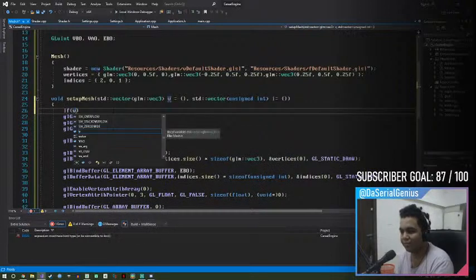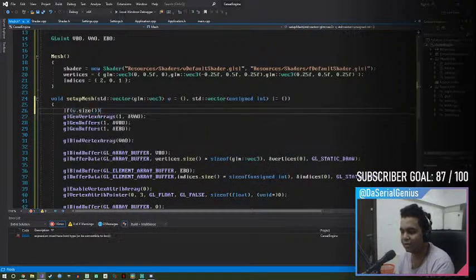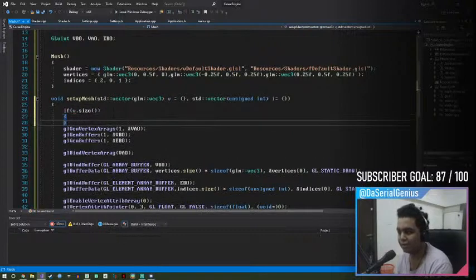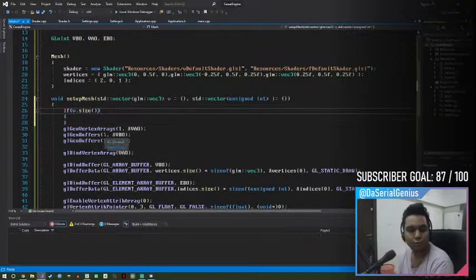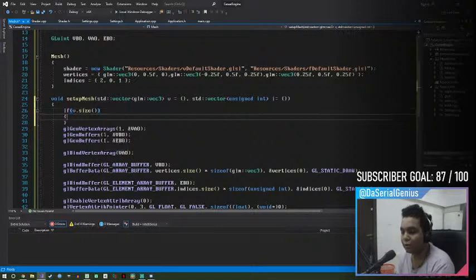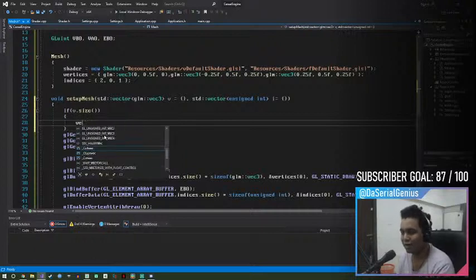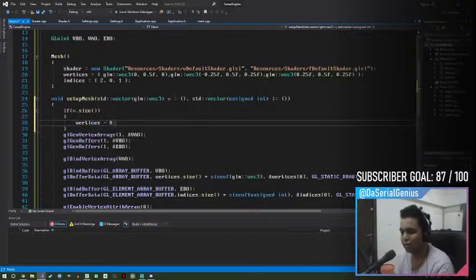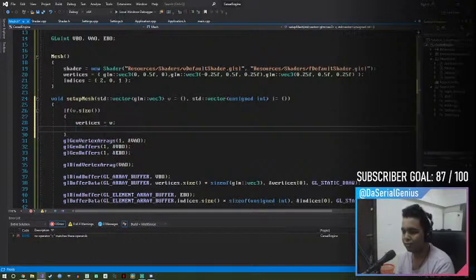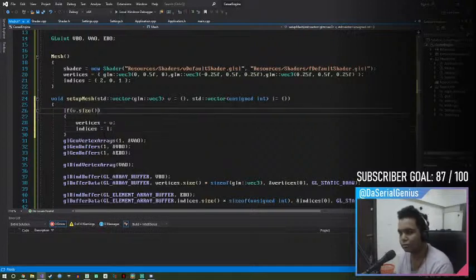So what I'm gonna do is, if your input size is greater than 0. Why did this? Oh, right. C++ is good. C++ loves me. OpenGL hates me. So I'm gonna say vertices is equal to 0. What is it? V. Indices are equal to I. Why are they grayed out? Alright, so if